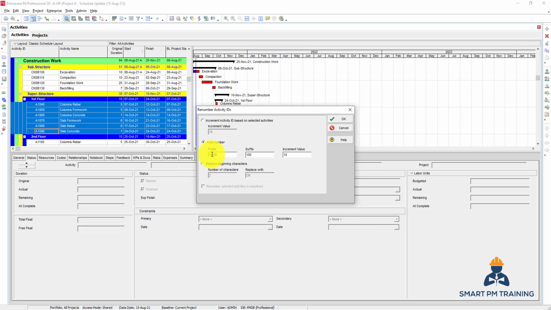So I want CN for construction. I will make it CP for superstructure. And also I will add F1 or make it 1F, so it will not be confused with the suffix. 1F for first floor. By the way, it's a good practice that you keep the activity ID characters limit from